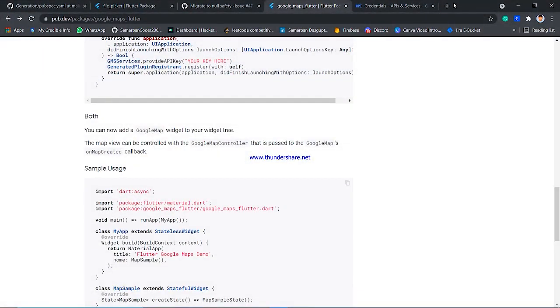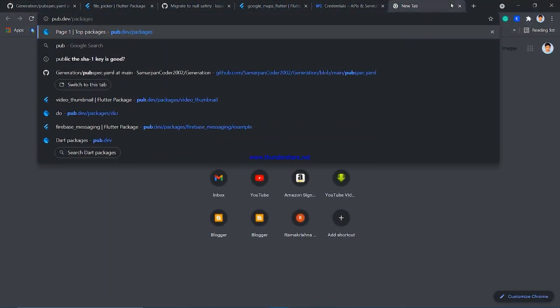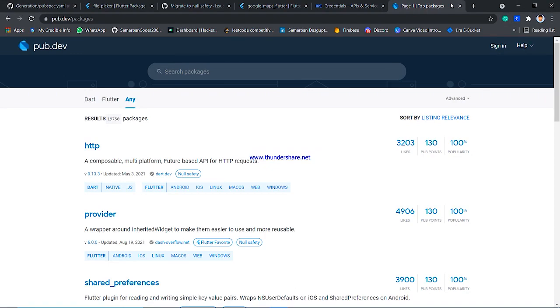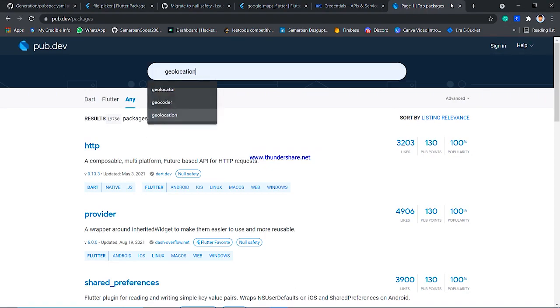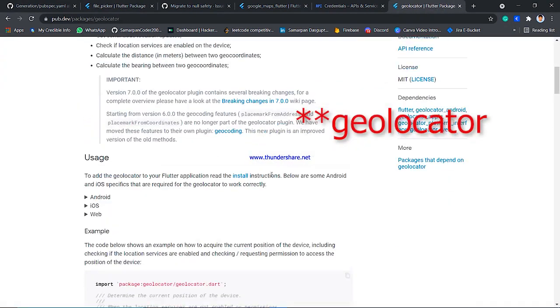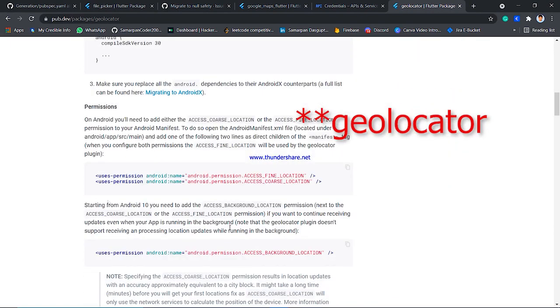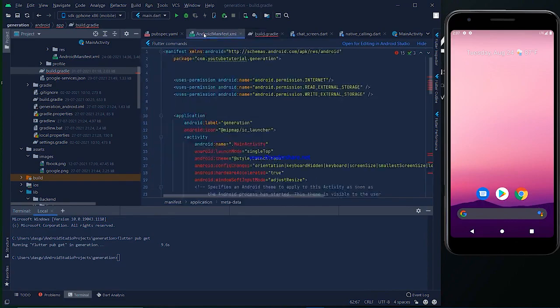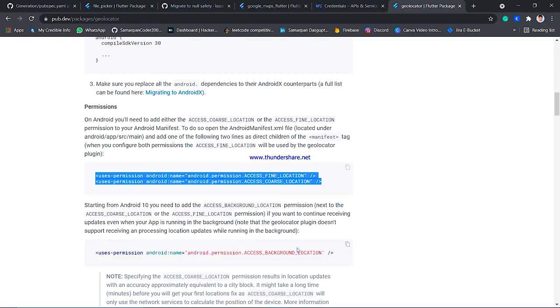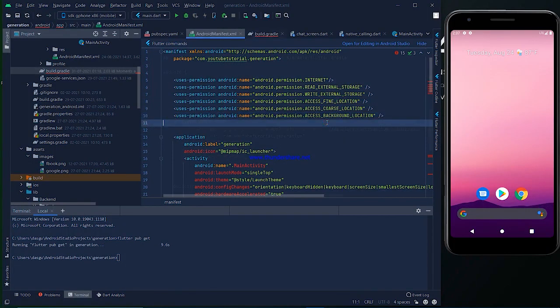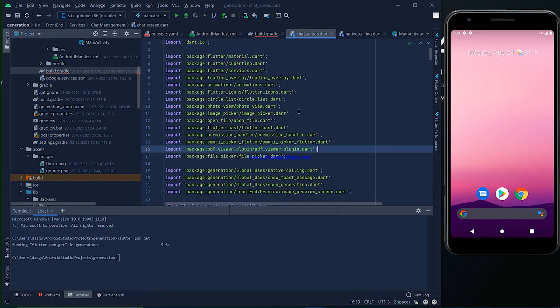And we have to install one more package present in pub.dev, geolocator. Okay, we have to add that permission as well. Cool, good to go. First thing first, we have to make the UI for location conversation chat, and then